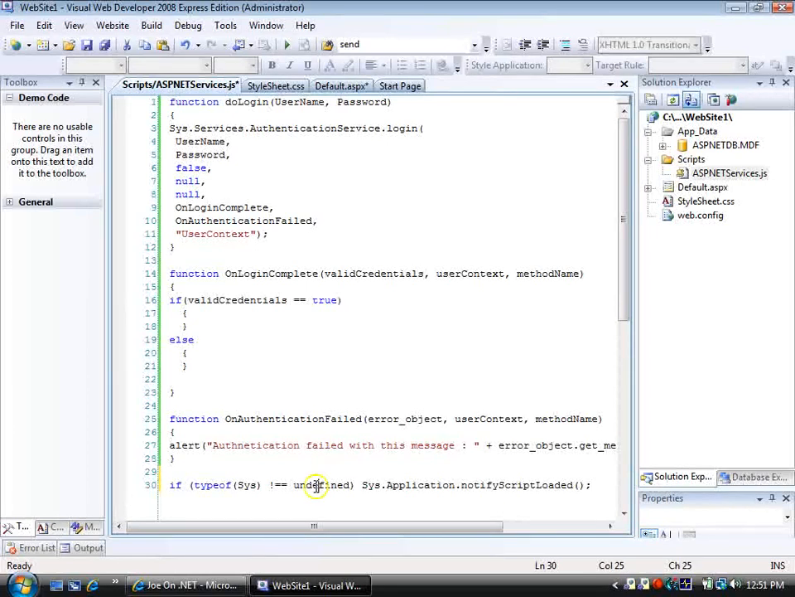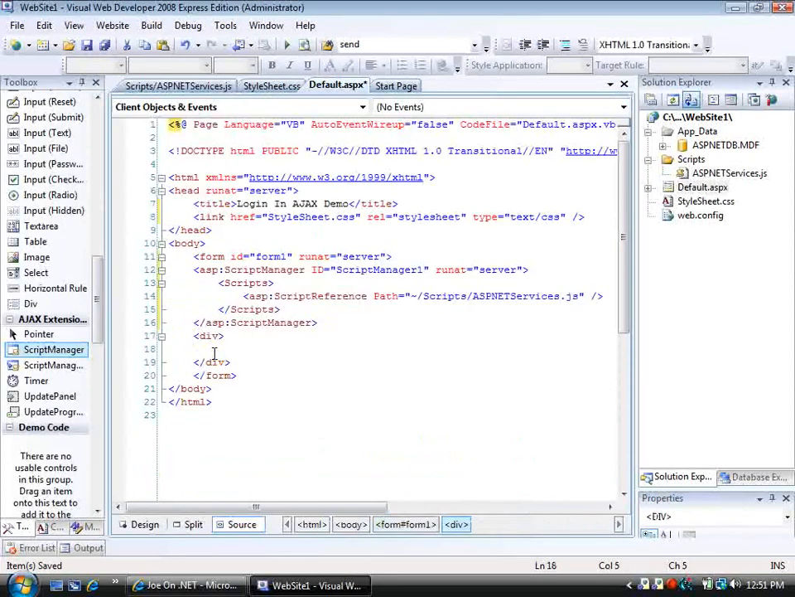Okay, so now we can just tell the script manager that our custom script is loaded. Now, where we're at so far is we've got authentication. We've got our authentication database set up with a user that we can authenticate with. We've got our calls to the authentication service login method all set up in our JavaScript file. We've included that JavaScript file into our application here. Now we're ready to